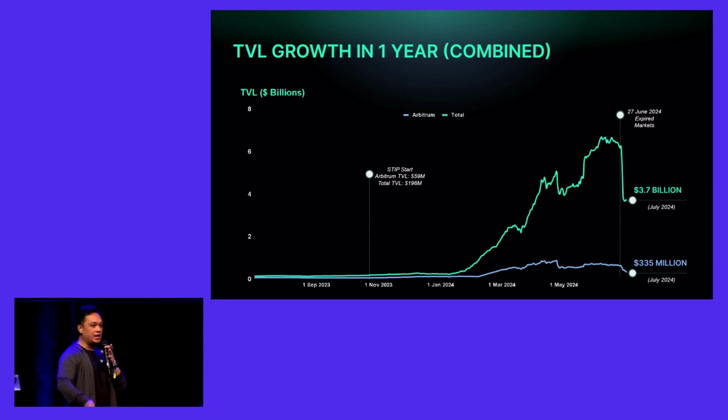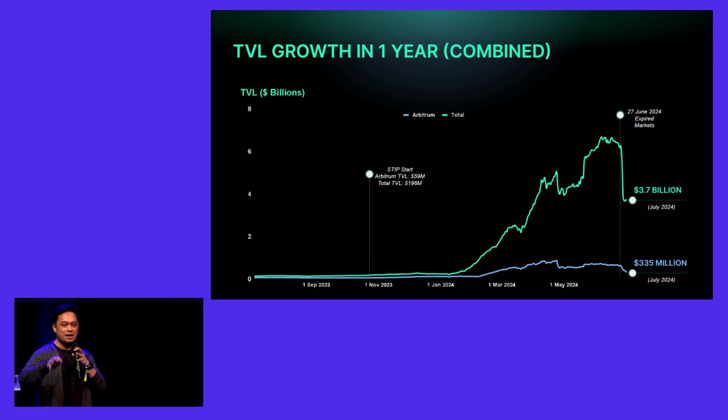So this has been our growth, right? And you can actually see there our growth within the last 7 months. So we've relatively been quite small, but because of the boom of restaking and the points meta, we've been able to be a huge beneficiary of this huge interest or hype. Like most of the markets, we've been able to grow up to a 6.6 billion TVL, all-time high.